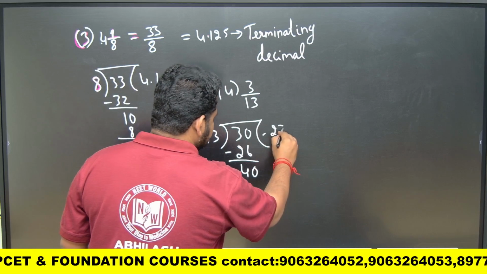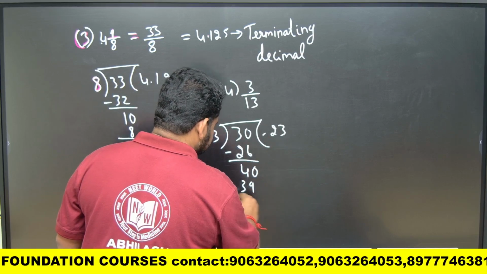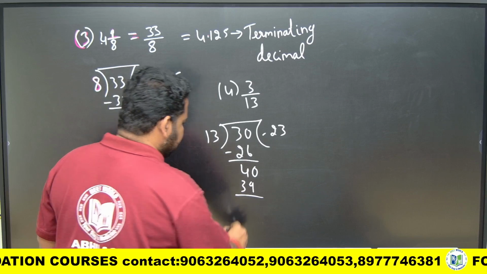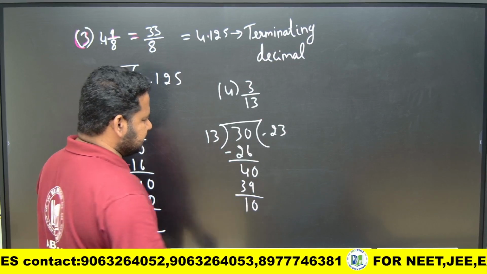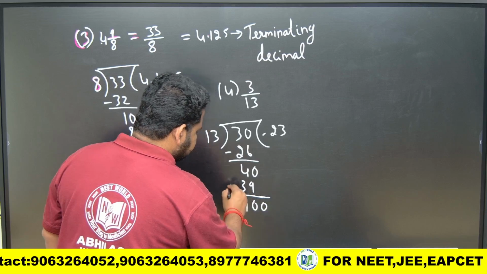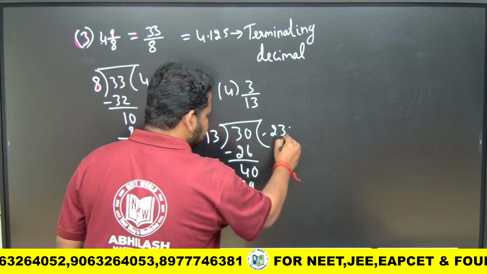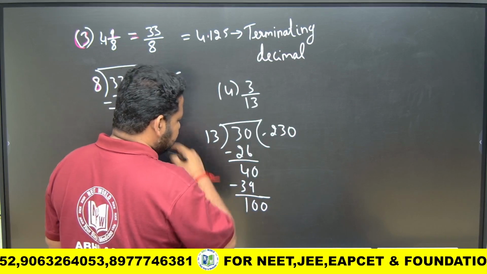So 13 3s are 39. What is the remainder I have? It is 1. I have to take 0, but 10 is less than 13. Again I have to take 0, so it will become 0 again. I have to write it here. So 13 sevens are